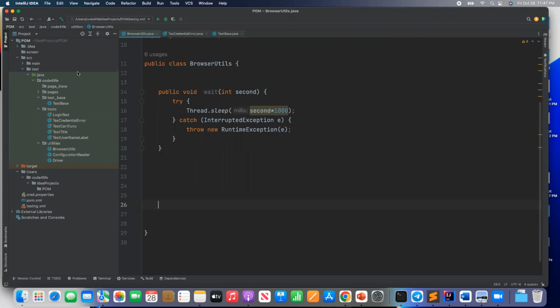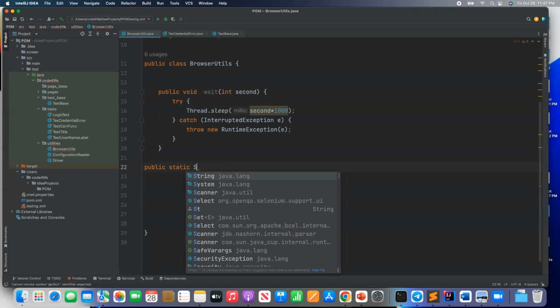This is the Maven framework. And as I said, I'm planning to do that as a method, right? So let's do that inside this browser utils and let's create that method, okay? I'm planning to make this a static method so that we don't need to create the object. We just need to use the class name and then we can simply call it, right? So let me put the name get,